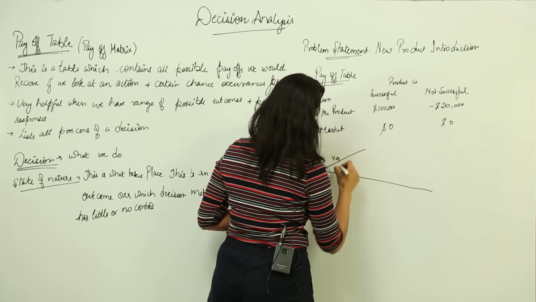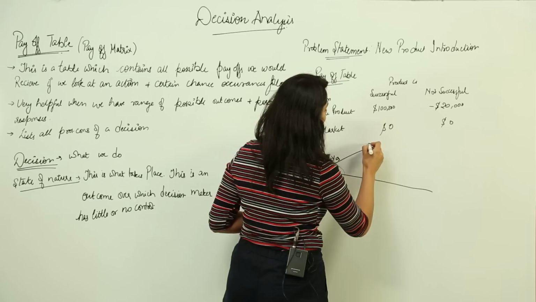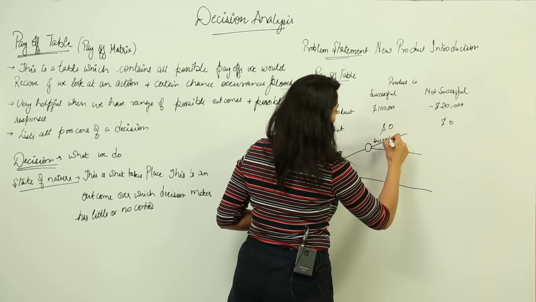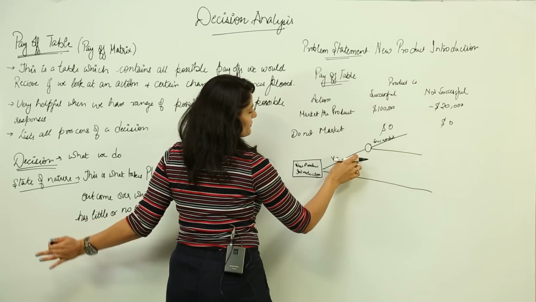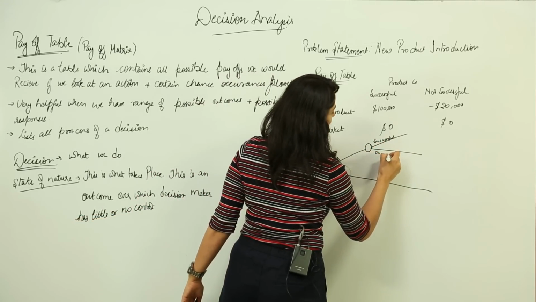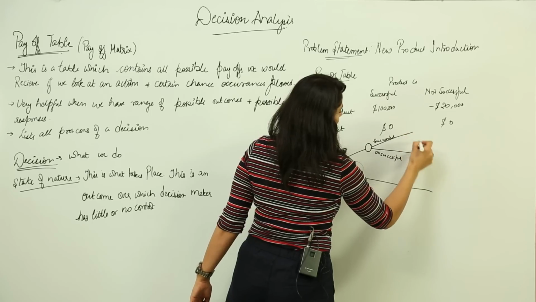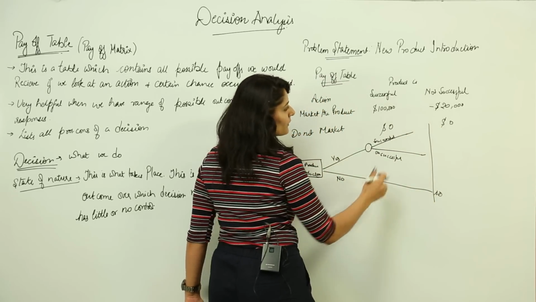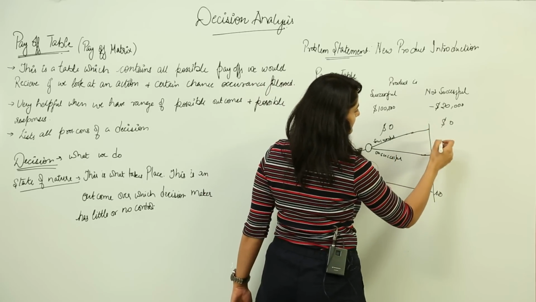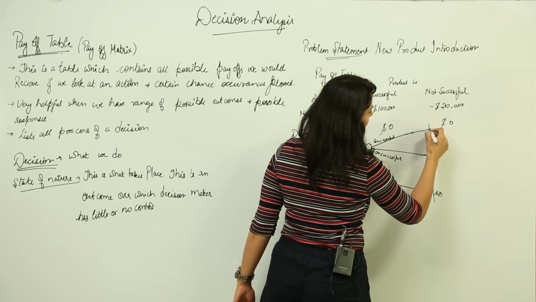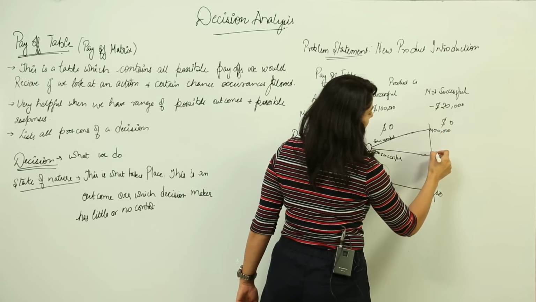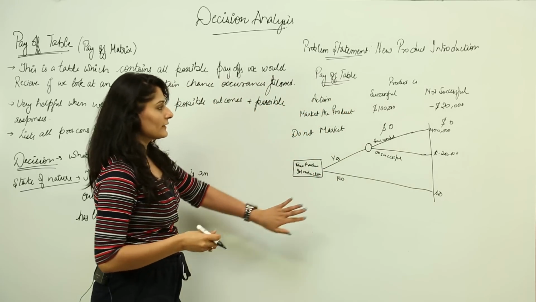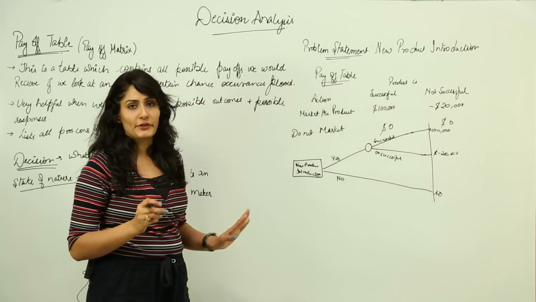Then I have branches coming out. So this is yes, this is no, and their chance plays its role, so it can be successful. This chance is what we call state of nature, and this is unsuccessful. And then we will just put their expected values. Here it's 0, so we just forget it for now. And here it is $100,000 in case it's successful, in case it's not, then it's a loss of $20,000, right. So basically now this is your decision tree out of this payoff matrix.